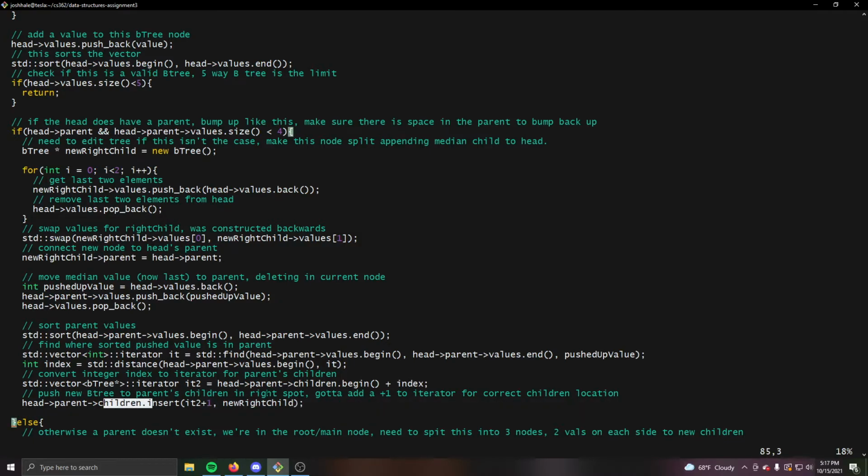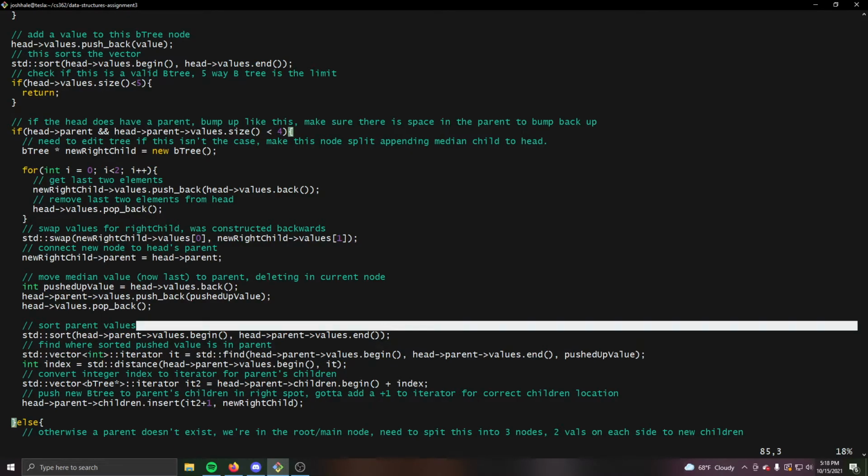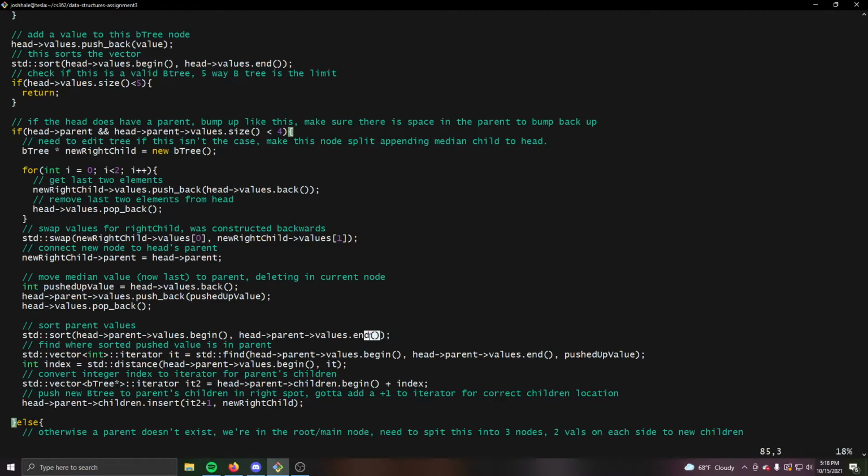So an iterator is not exactly an integer. It's a C++ thing, like values.end is an iterator. It's not exact. So this is the beginning, this is a reference to the beginning, and this is a reference to the end of values. So with the iterator, we've got to grab